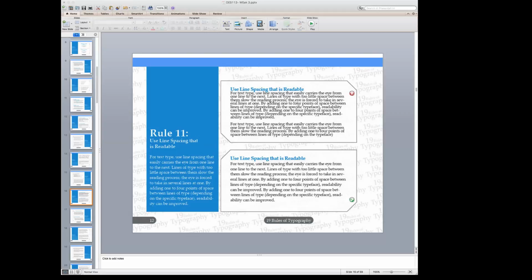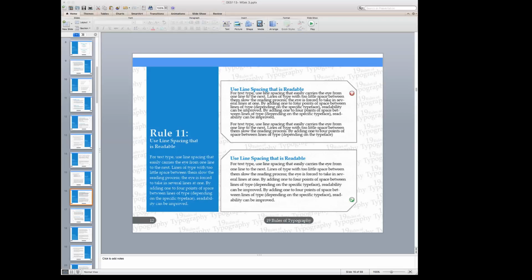And so right now, the top example has really tight leading, and the A centers and D centers are running into each other, and it's very hard to read. The eye is overwhelmed, and you take in too much at a time. Whereas the example at the bottom has really good leading spacing, so there's some breathing room between the lines, and it allows the text to flow a lot easier. It doesn't overwhelm your eyes as the reader.